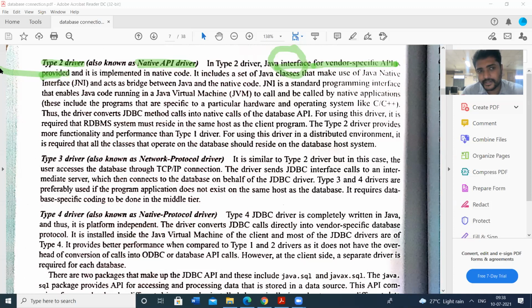This is the main advantage of the type 2 driver, introducing the native API driver: vendor specific application program interfaces. Whereas the type 1 driver does not support all these things. From type 2 driver onwards, all the drivers are vendor specific.